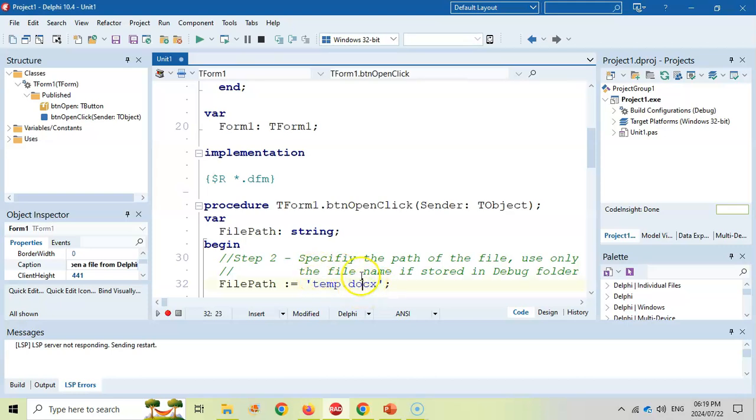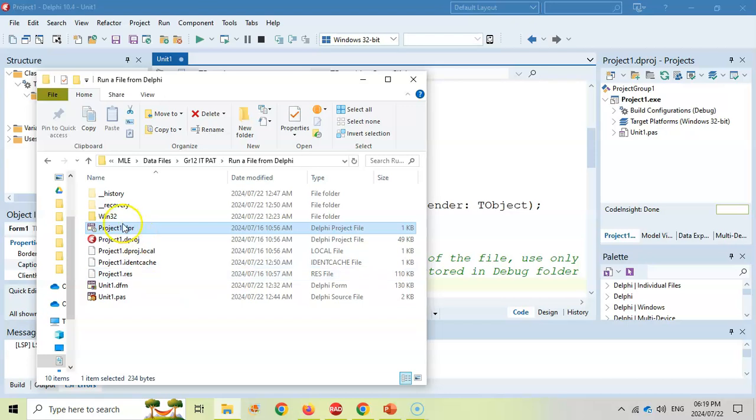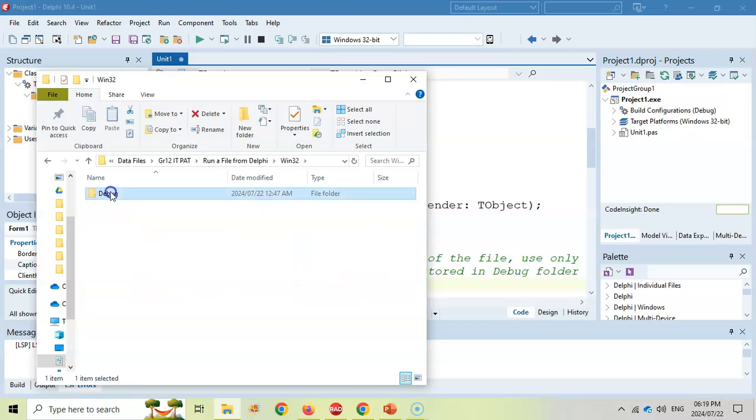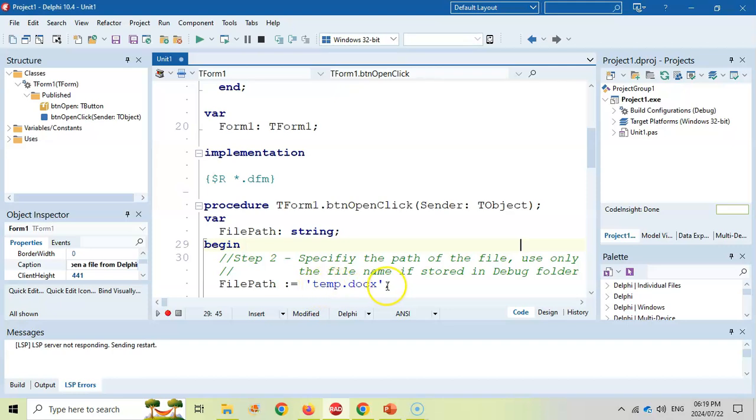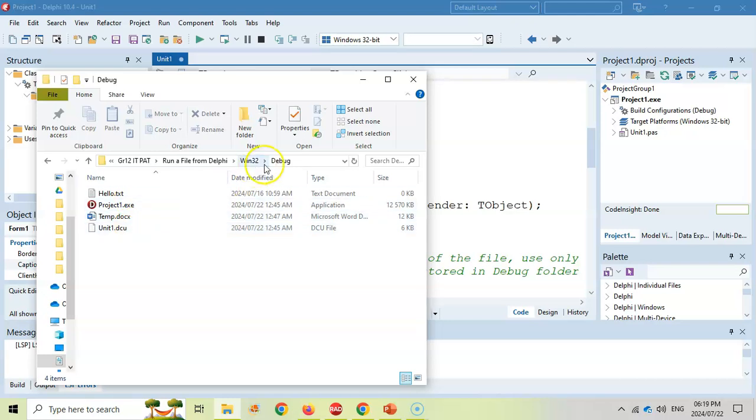Now, if you just name the file, if you come to your project files, if you go into the Win32 debug, that's where your files must be that you want to open. So there I've got a temp.docx, which I want to open, and that's the exact same name as what I've got there. So if you just specify the file name, make sure that your file is in the debug folder